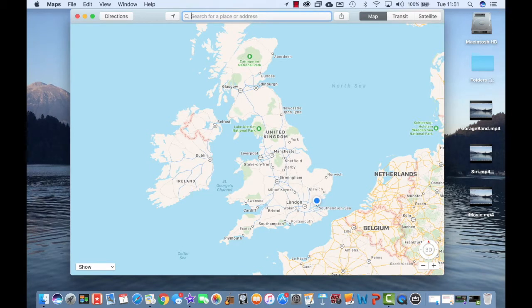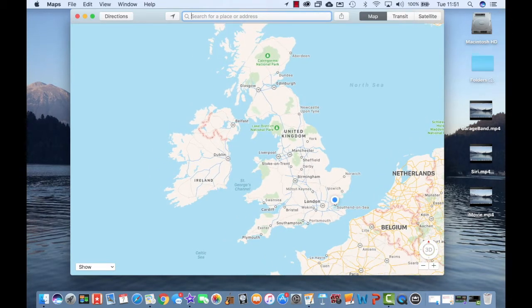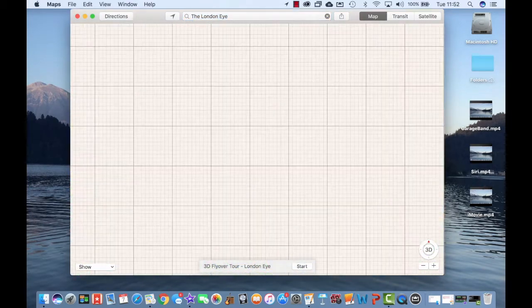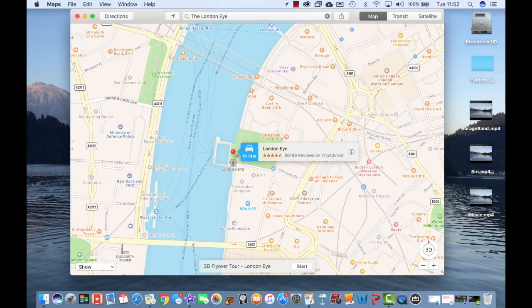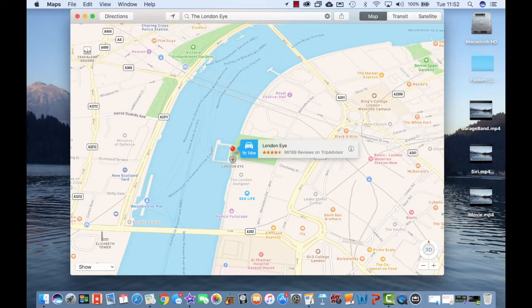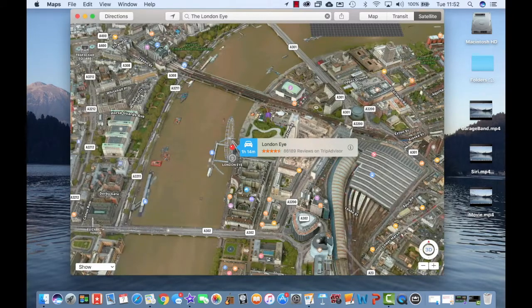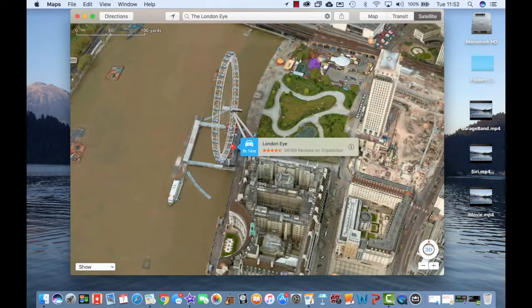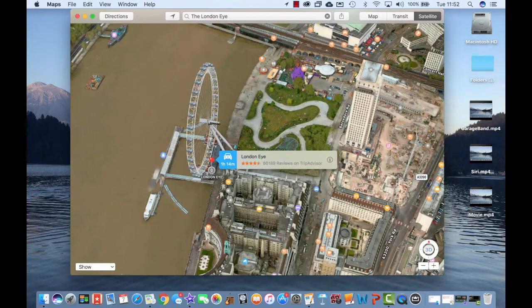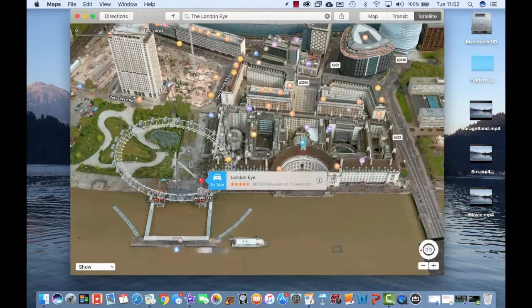But we can also search for landmarks and get a better look by using the 3D imaging. So I'm going to go ahead and search for the London Eye. Okay, so far so good. Now what I'm going to do is choose the 3D option here, and I'm also going to change my view from map to satellite. So there we go. We get a 3D image of the landmark that we can scroll around and have a